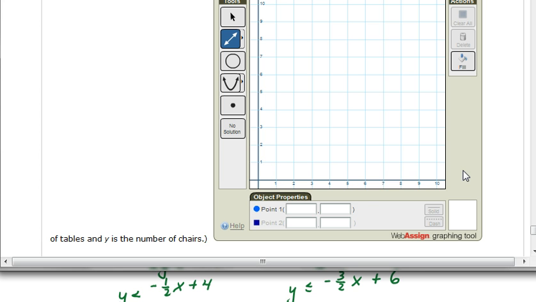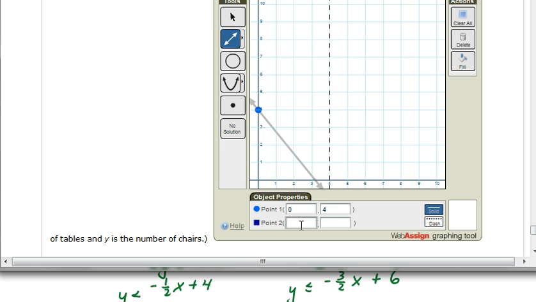And so we'll let x equals 0, y equal 4, since that's the y-intercept on this line. And then we'll notice that if x is equal to 8,